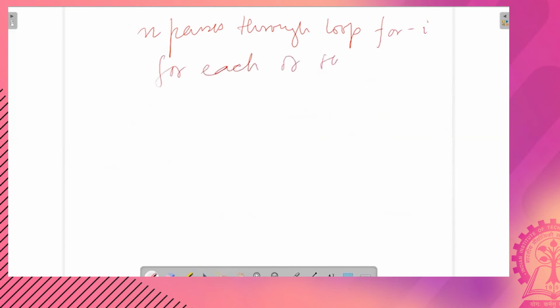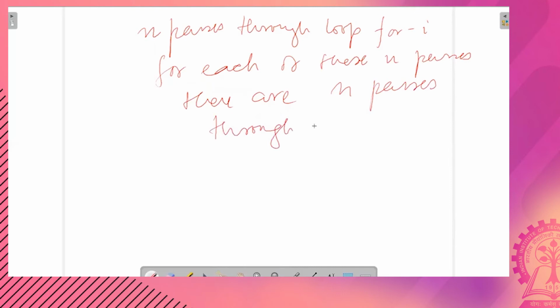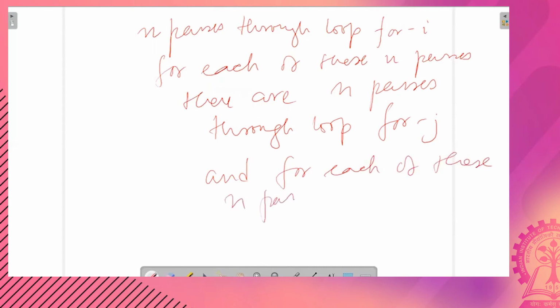Okay, there are n passes through loop for I. Okay, for each of these n passes, there are n passes through loop for j, and for each of these n passes, there are n passes through loop for k.